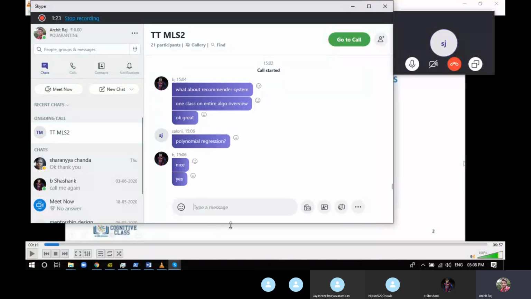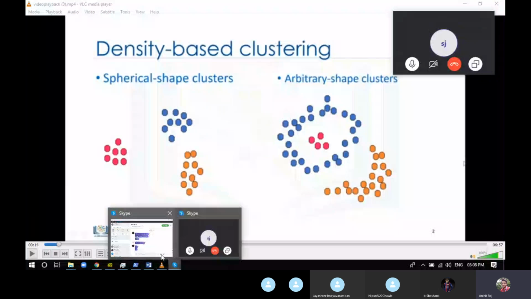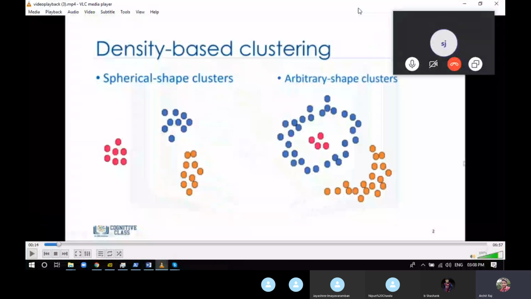Cool. So today we're gonna learn about DBScan. DBScan has a really big full form, which I guess no one remembers from the first time. It stands for Density Based Spatial Clustering of Applications with Noise.